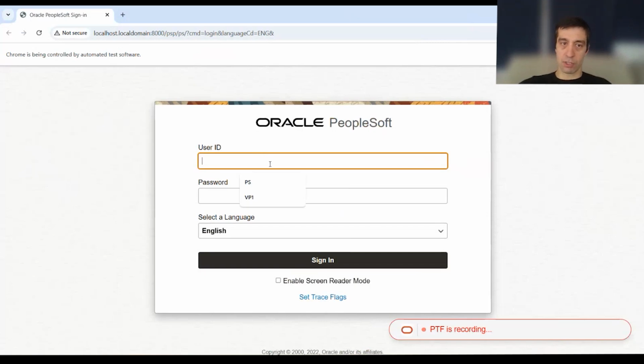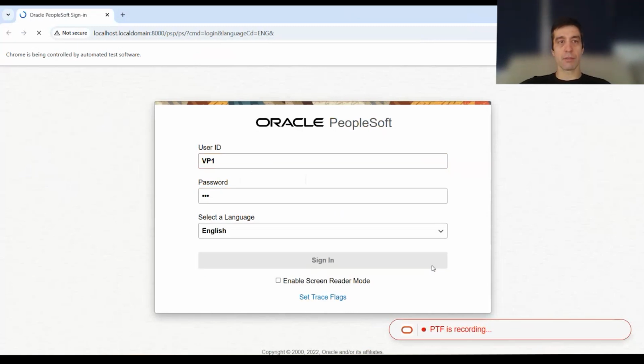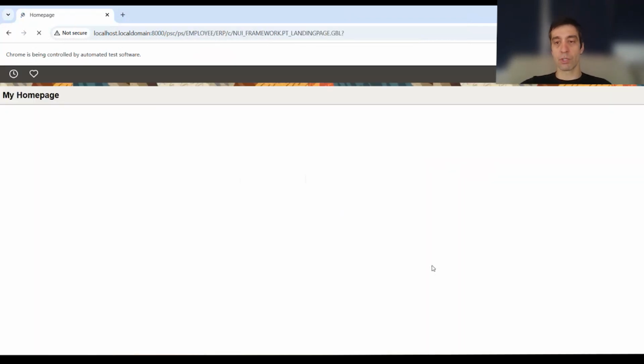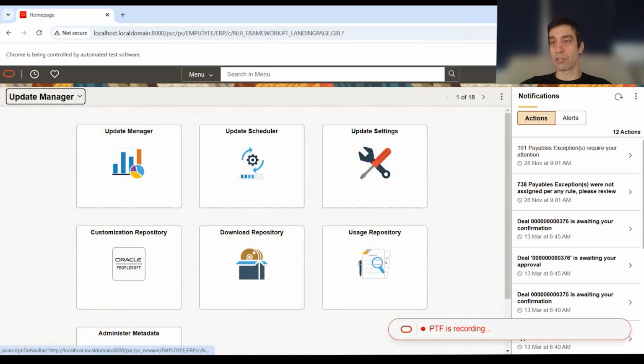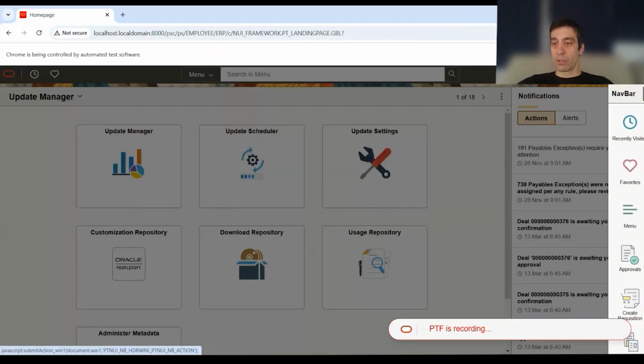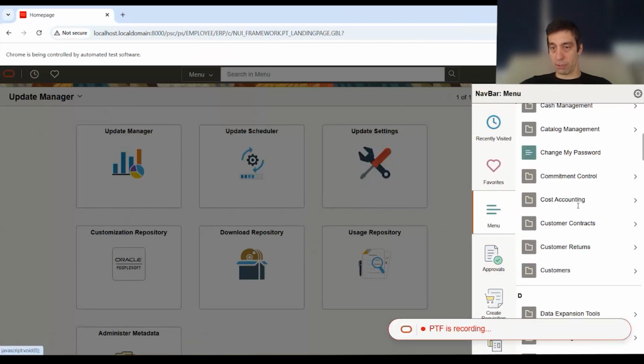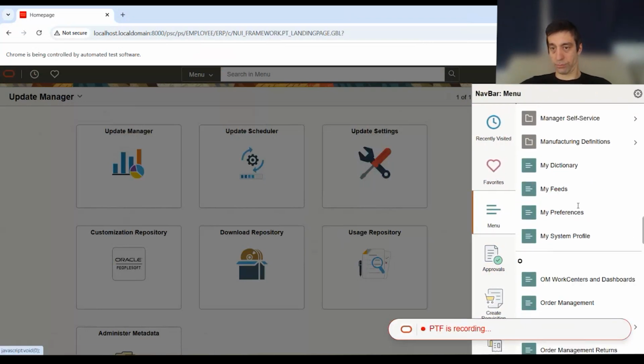So what I'm going to do is do a general login here to this environment with my very secure VP1 login. Once I've come in here, I'm going to do one of the most common ways to get to a component, which is using the NAV BAR navigation. So we're going to click here at the NAV BAR on the side. Let's actually do a menu that's a little deeper in here. We're going to go to purchasing,